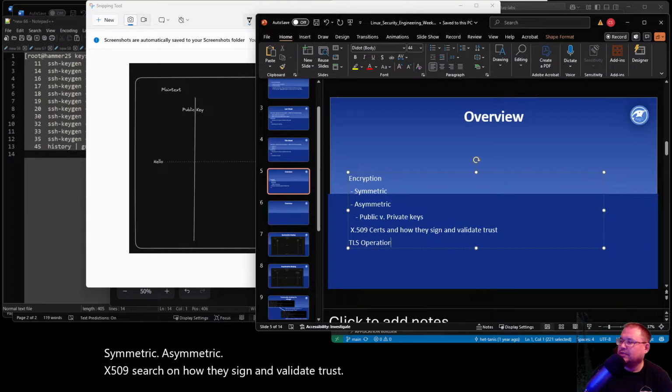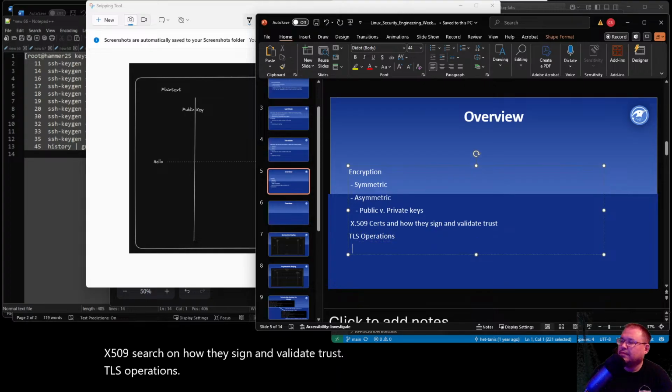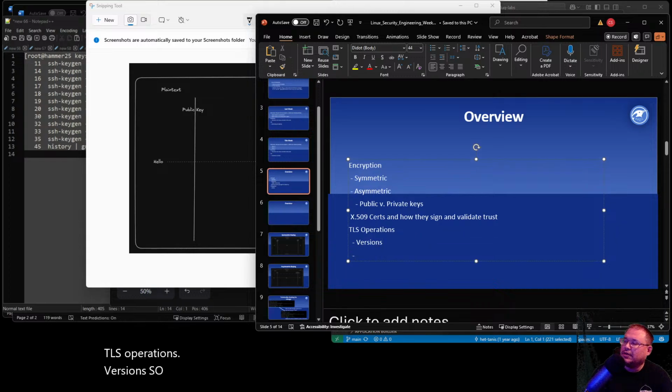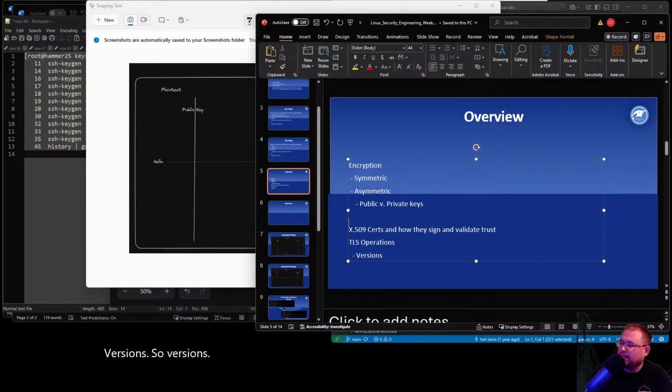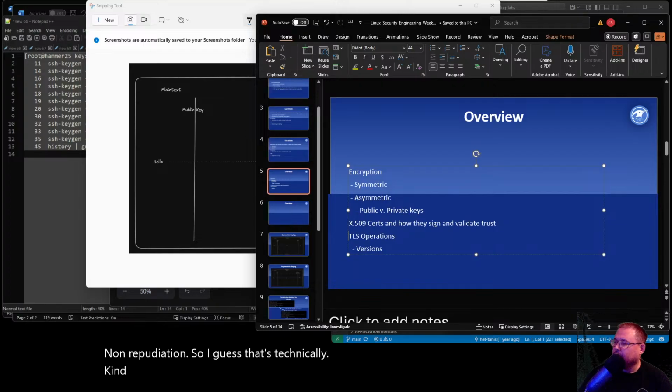TLS operations, versions, non-repudiation.